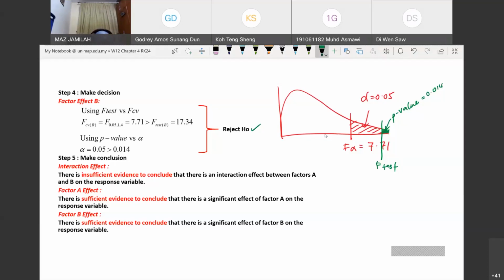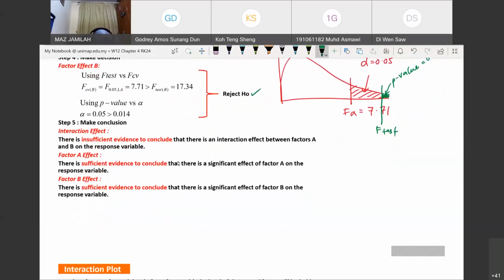Let us look at the first conclusion that you can make. First, go back to your interaction effect. The way we make the conclusion will be: there is insufficient evidence to conclude. The keyword is highlighted in red. So there is insufficient evidence to conclude that there is an interaction between factor A and B on the response variable. Since this is not significant, we continue with the factor A and factor B effect. And in this case, both are